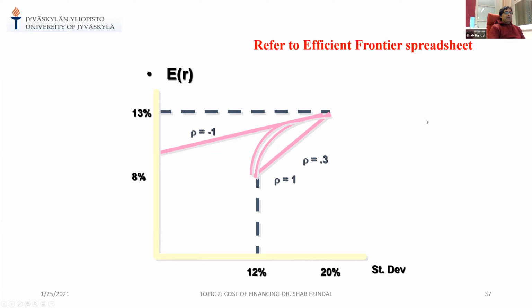I give you a short break for 10 minutes, and when you come back, I would show you a spreadsheet exactly indicating this phenomenon of the efficient frontier. Okay,